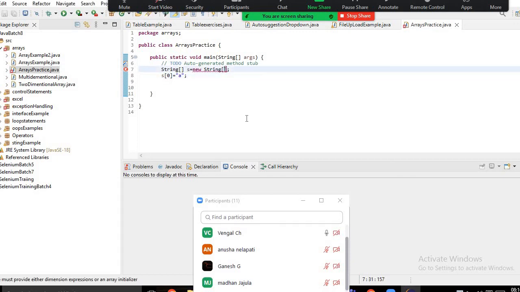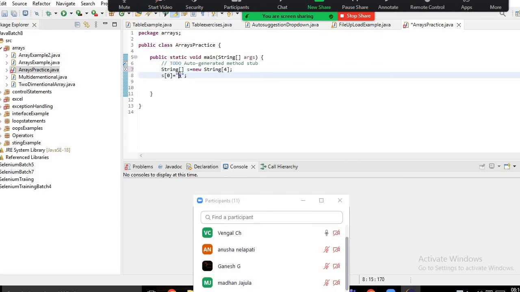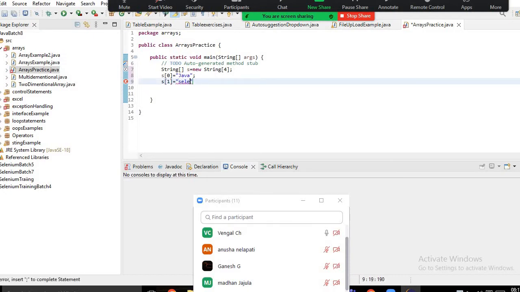Size. Okay, good. S of 0, just writing Java. Okay. S of 1 equal to something. Then